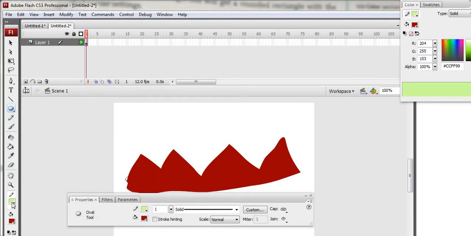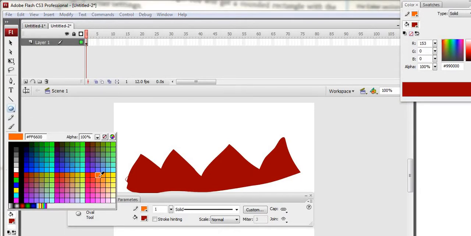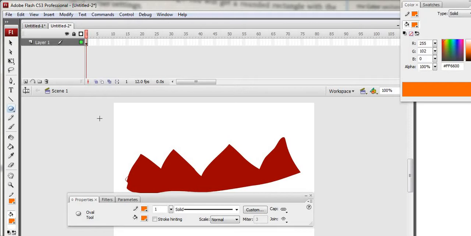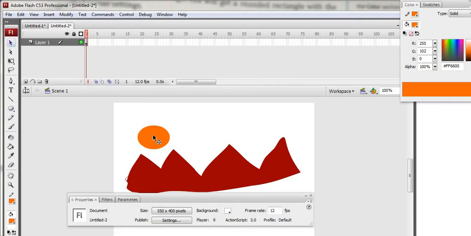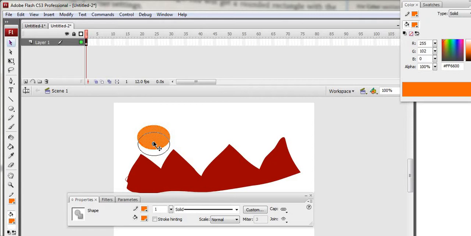Then here we are taking the orange color. Here also we are taking the orange color, and these are the shapes we have taken. Okay, this is the shape. So here we have a selection tool at the top. I will double click here and take it to the bottom side, like this.